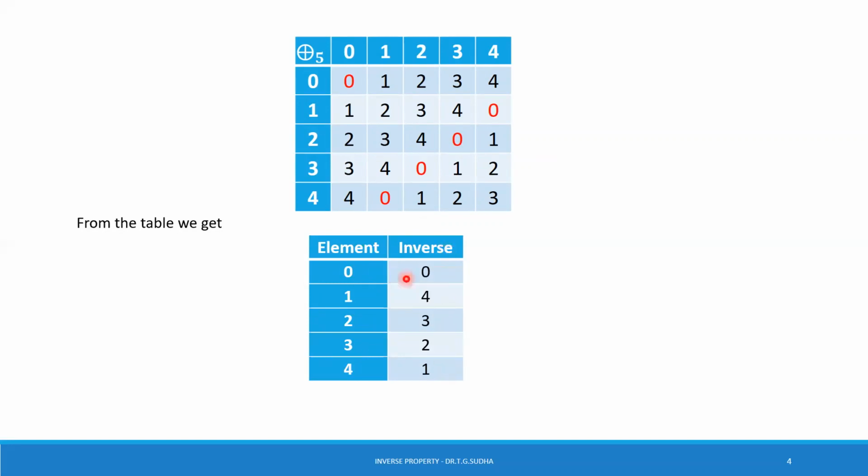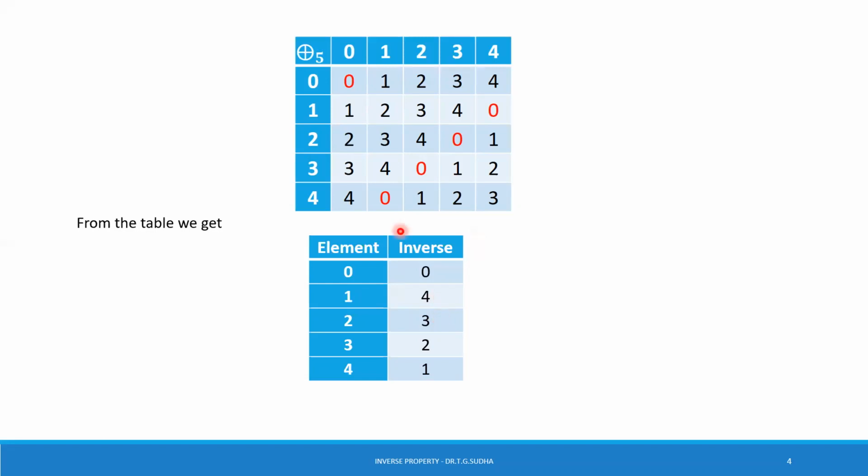How to find the inverse? So here the 0 entry, and this is the identity element. Look into the column headed by which element? It is 0. Therefore, element is 0 and the inverse is also 0. When we come to the entry 1, when we look into the identity, it is in the last column, that is the column headed by 4. Therefore, inverse of 1 is 4.